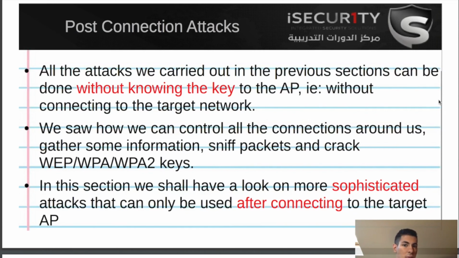We're going to forget all about what we did so far, and we're just going to assume that you have connection to the network. So you could have just connected physically using a wire to the router or to the server and you gained your access. You could have managed to crack the key if it was a WEP or WPA key, and then now you have access to the network. Or maybe the network wasn't using any encryption and it was a wireless network and you just connected to it. So it doesn't matter how you gained your connection. If you are in a network, then you can launch all of the attacks that we're going to talk about